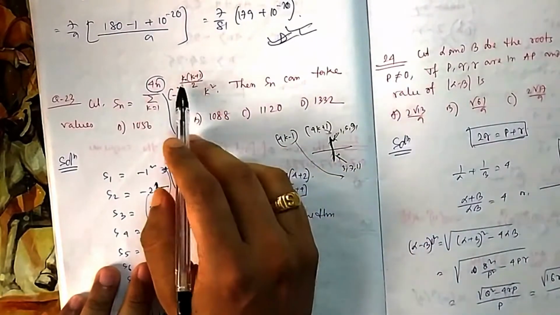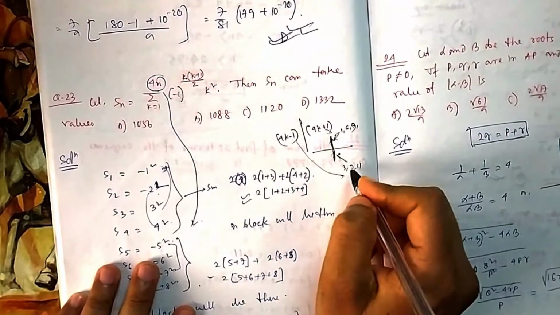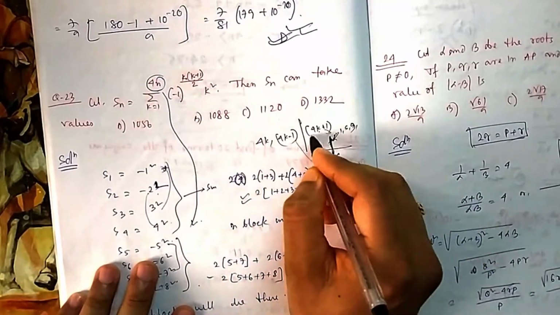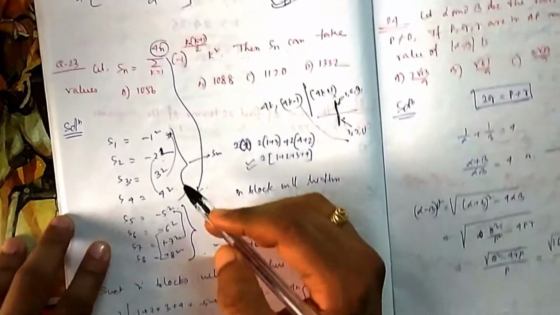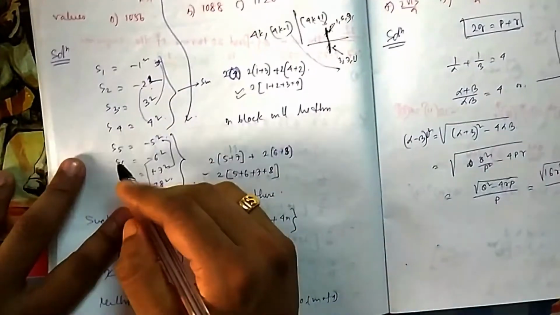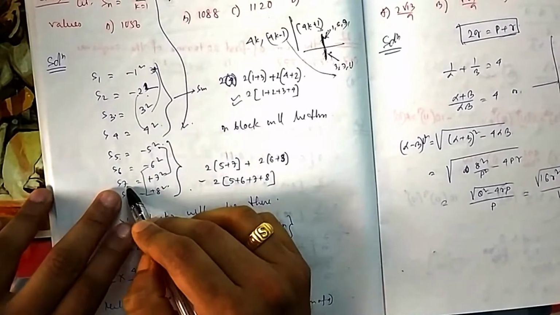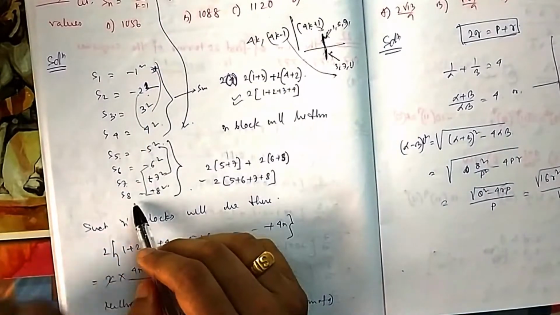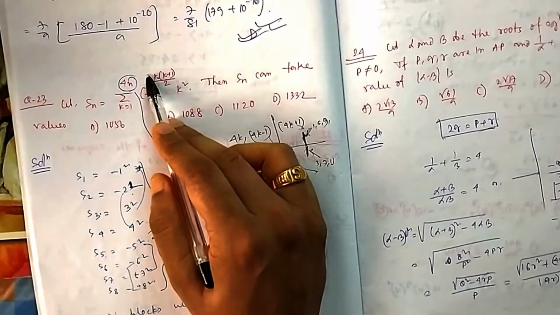So if you put either 4k plus 1 or 4k minus 1, then it becomes even. If you apply only 4k minus 1, that is 3, 7 this one, then it will be either 4k or 4k minus 1, not 4k plus 1, then it will become even. So now again if you apply for 5, it will be negative. For 6 it will be negative. For 7, because it is 4k minus 1, it will again give you an even number. And if it is a multiple of 4, then obviously it will give you an even number, because 2 will be left, that 2 will make it even.